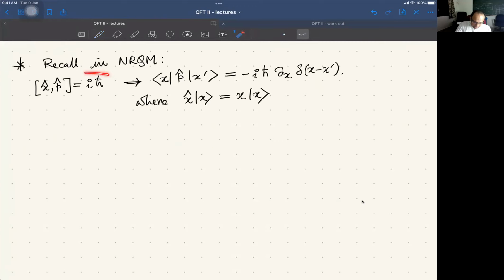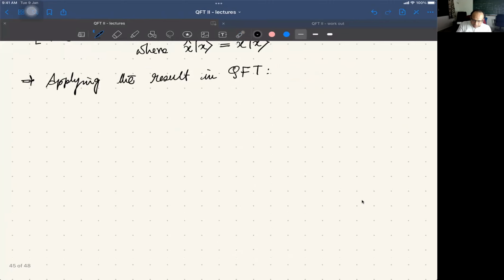So this entire thing has now been constructed on the QFT side, and I have to just use the same logic. There is a derivation for it. I will not do the derivation in QFT, but use the same logic. This is a theorem. Use the same result to write down this equation directly in QFT. So therefore, applying the same result in QFT, what I should write is